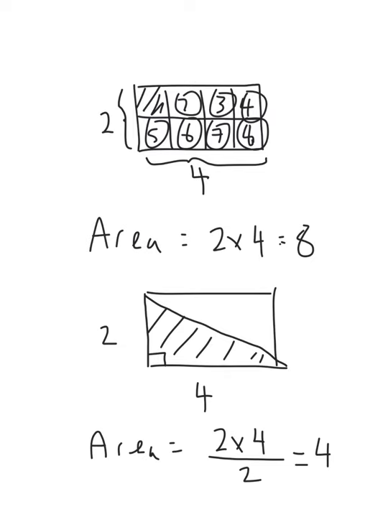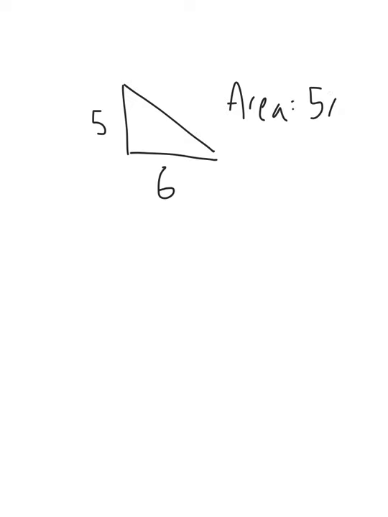Okay, so moving on to another page. If I've got a triangle that looks like this, and this is 6, and this is 5, then the area would be 5 times 6 divided by 2, which is 15. It doesn't matter if you do 5 times 6 or 6 times 5, because that gives you the same